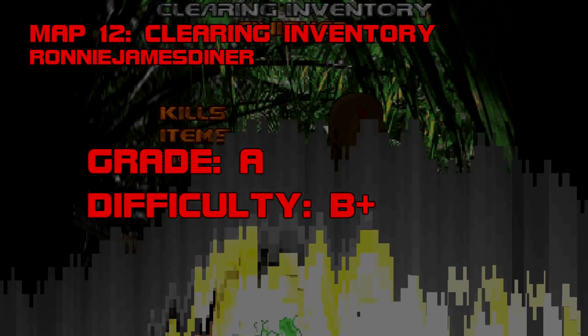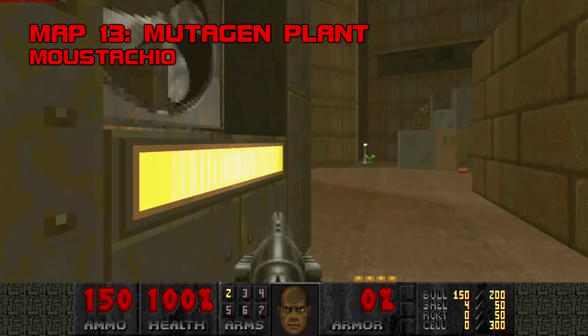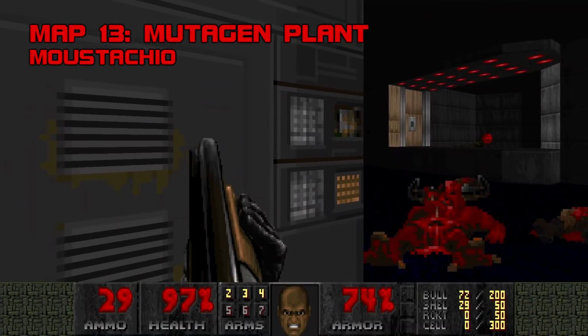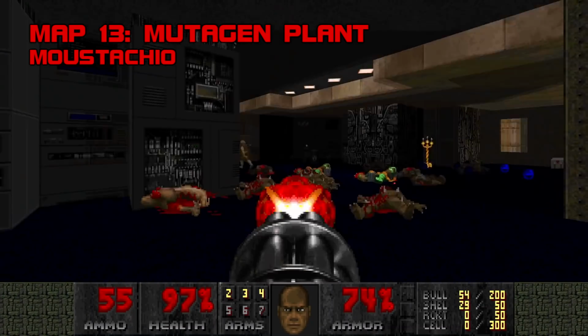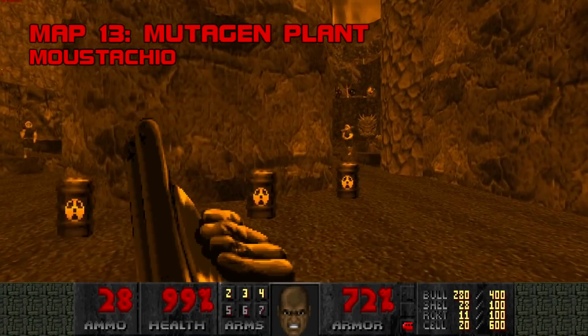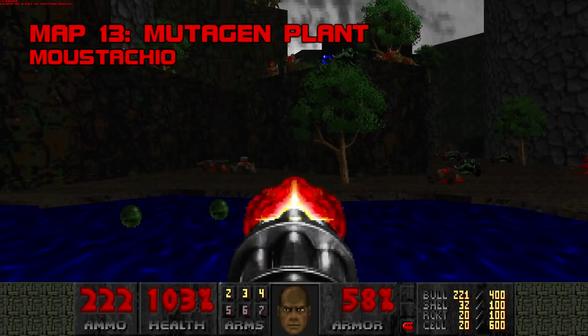Grade A, difficulty B+. Map 13, Mutagen Plant. A handsome tech base that opens into a craggy outdoor slugfest, Mutagen Plant keeps the ball rolling thanks to Mustachio's ripping good combat. Activating the red switch brings down hell on top of you, but you can stem the tide with his charitable invulnerability. The midsection flags a bit energy-wise due to an excess of what I hereby dub monster